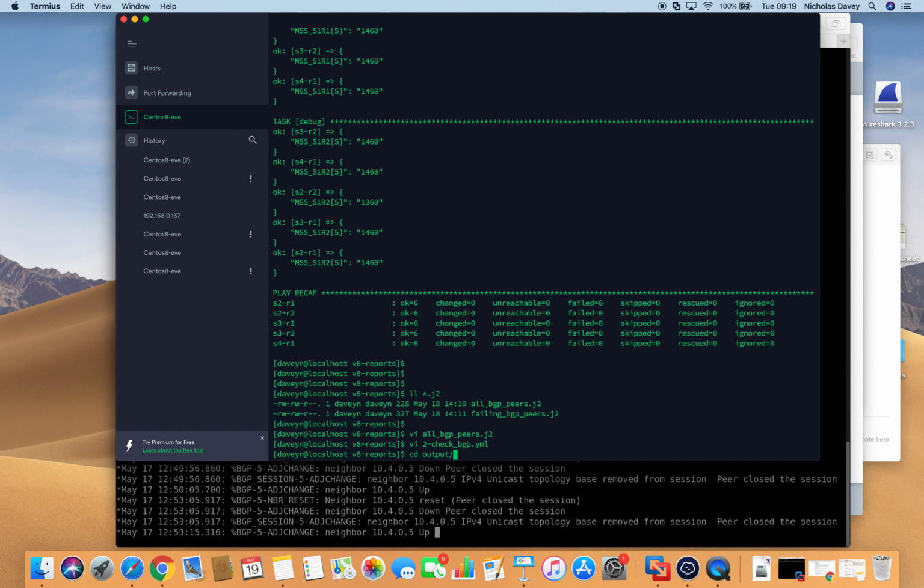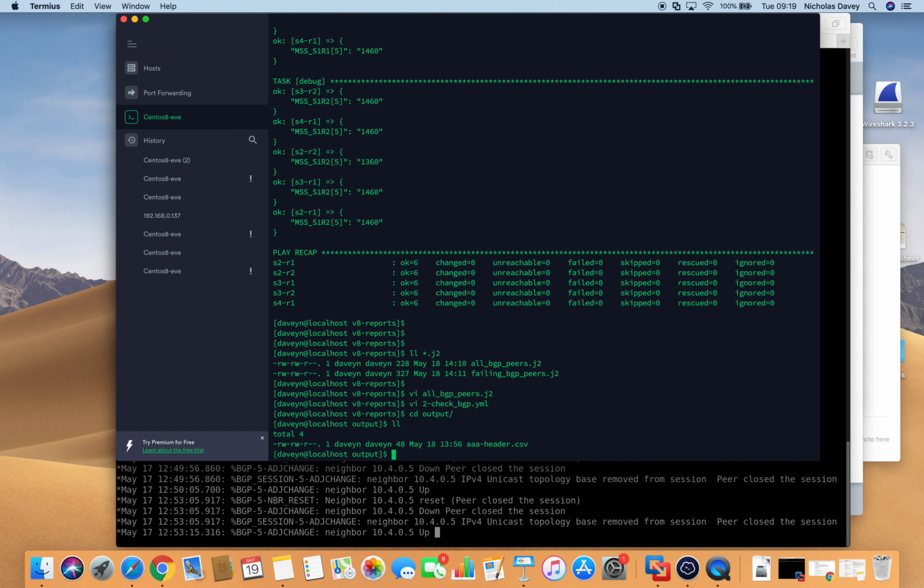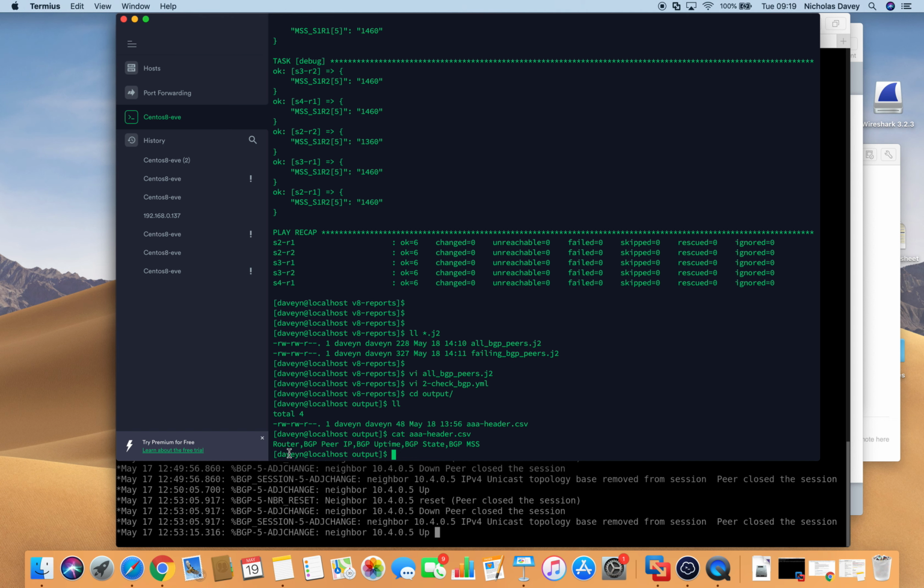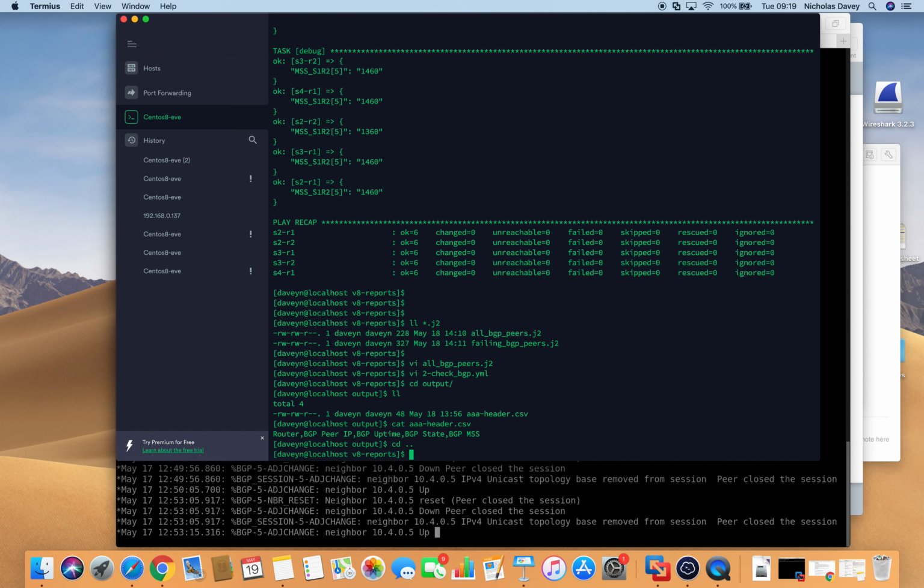Firstly, in that output directory, I've started off with this simple header file, and I've just named it with AAA at the beginning, so it's always the first file that's assembled, and that's just so that we'll have a header in our generated CSV file. So when we open it up in Excel, we'll just have the header: router, BGP pair IP, uptime, state and maximum segment size. So that's quite simple. And if I just run that now,